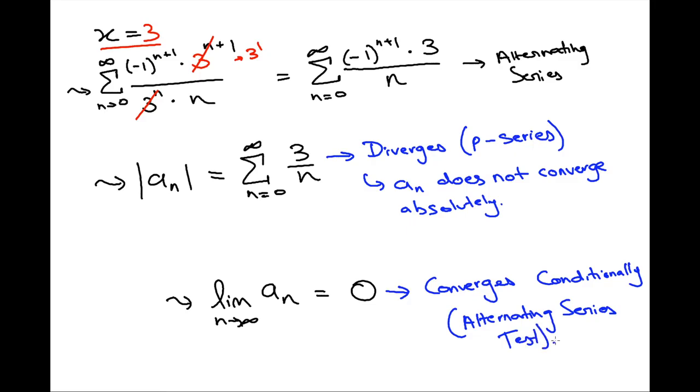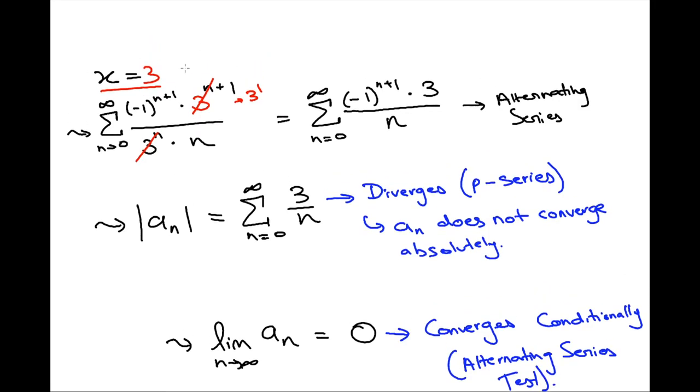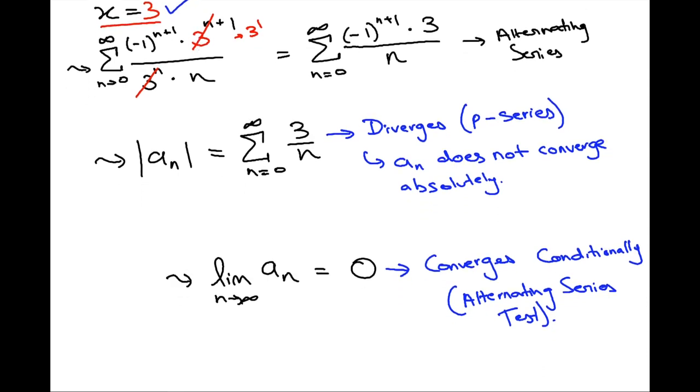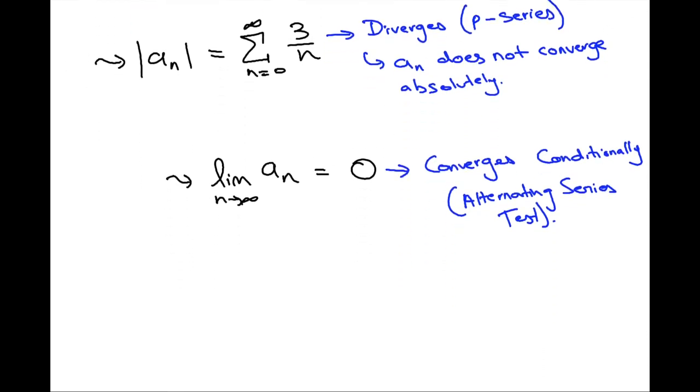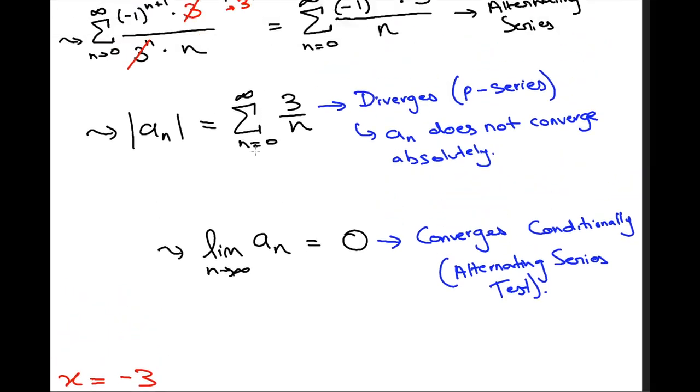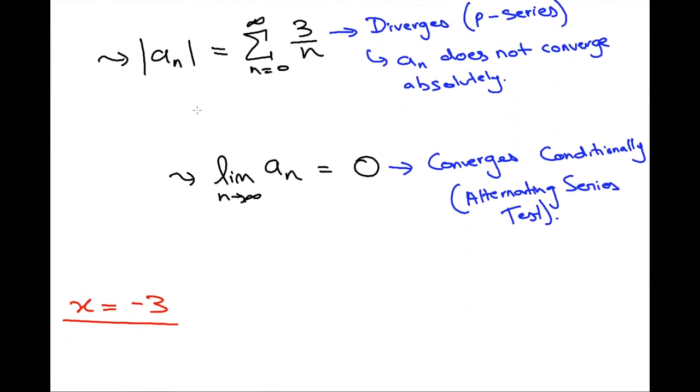Sweet. So therefore we can say that, okay, x equals 3, we're good. We converge at x equals 3. So that's that. And now next let's go ahead and check x equals minus 3. We need to check that. So coming back up to our original series up here, what we would have again is